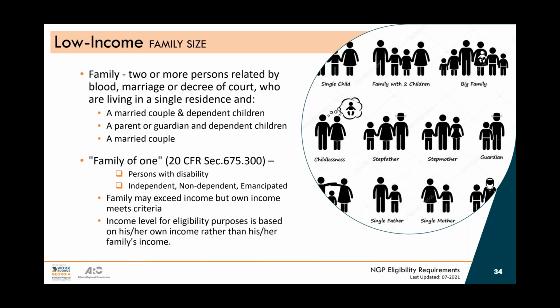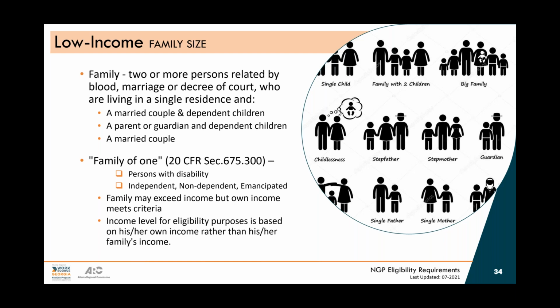But they could decide that they don't want their disability to be a part of their WIOA barrier for whatever reason. They don't want to give you proof of that, but you know that they have a disability, and because they don't have proof of anything else, you have to get them into the program based on low income. So if that's the case, you can look at them as a family of one, and then you could take whatever their SSI, whatever their benefits are, and calculate those benefits for 6 months, and look at the income chart based on one person, right?